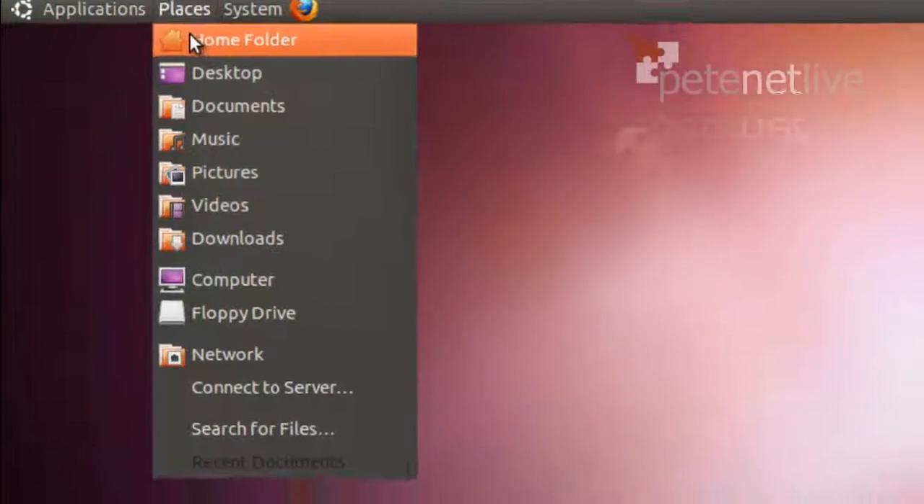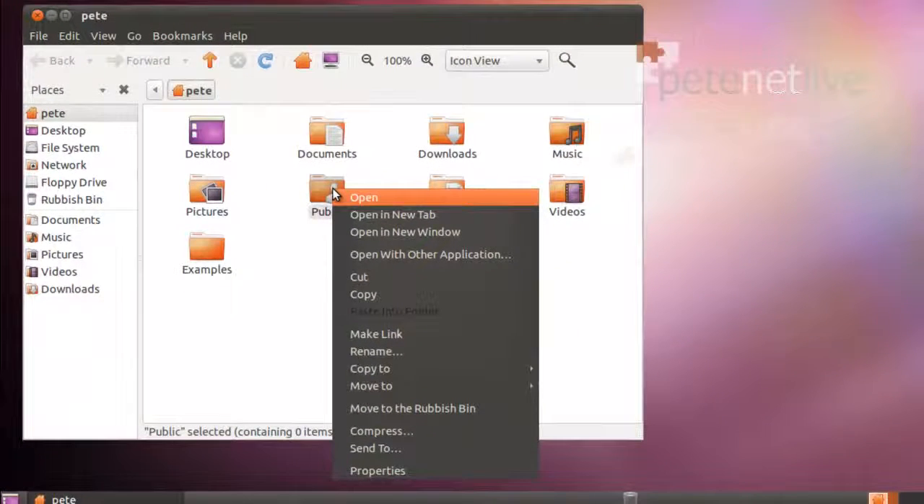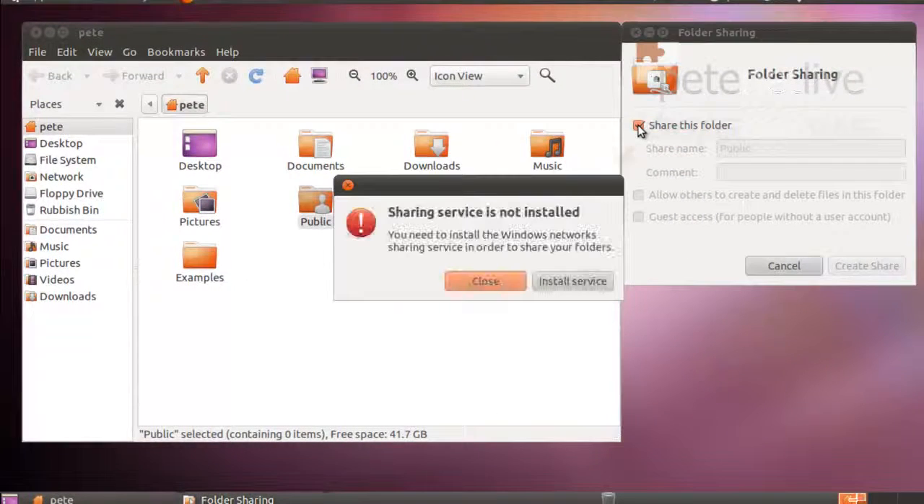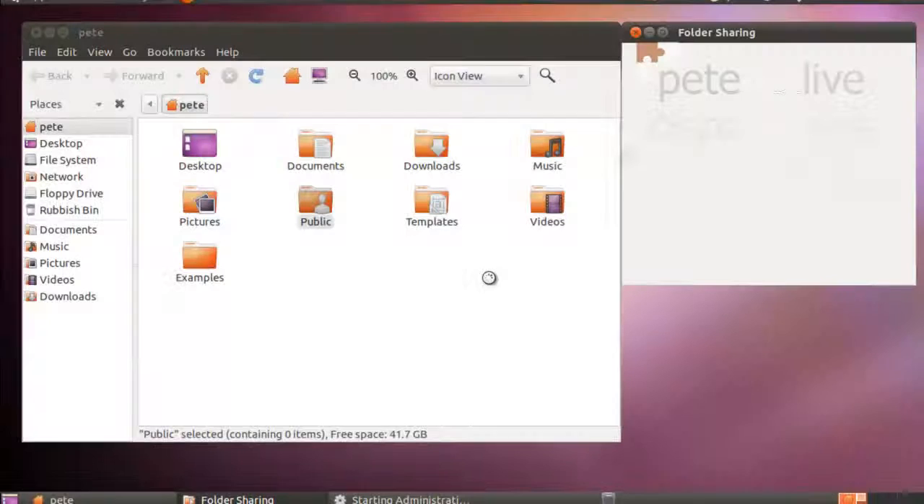Now the folder I'm going to share is in my home folder, and it's the public folder. I'm not concerned about security at this point. There's only me going to be using it, so the security has got to be wide open. Go to sharing options and select share this folder, and because Samba is not in, it will say it's not installed. Click the button to install the service and tap in your password because you're making a system change,